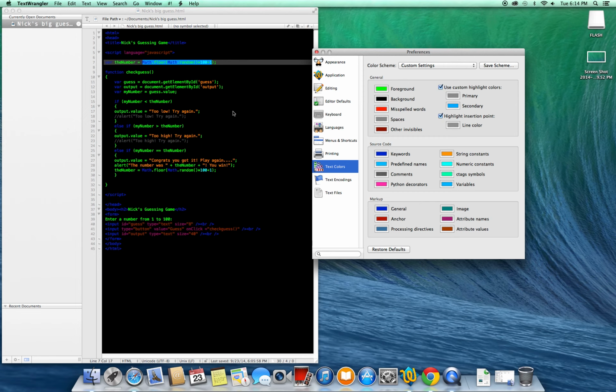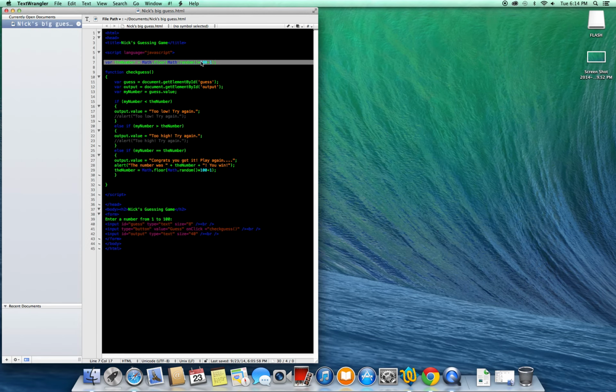This right here is the, I'm doing this. So, this sequence right here, after the equal symbol in this line that's highlighted, Math.floor, that starts the command, but this is between 100 and 1. Math.random means it's going to generate a random number. So this variable makes the text field for your guess, and then this makes the text field for your output, which is the, let me open up the file again,